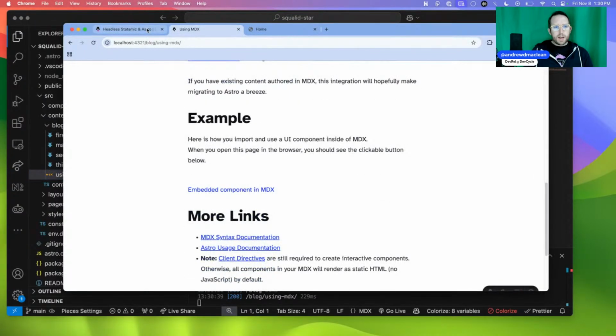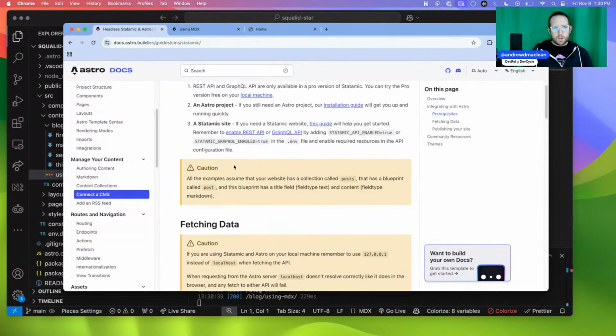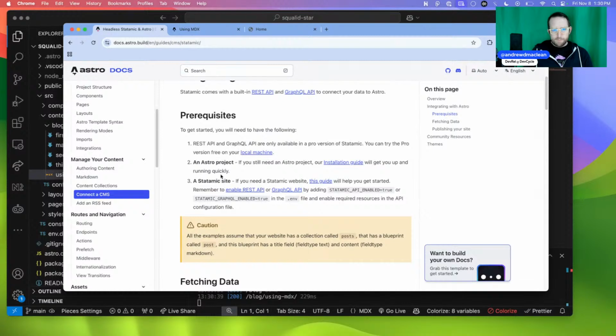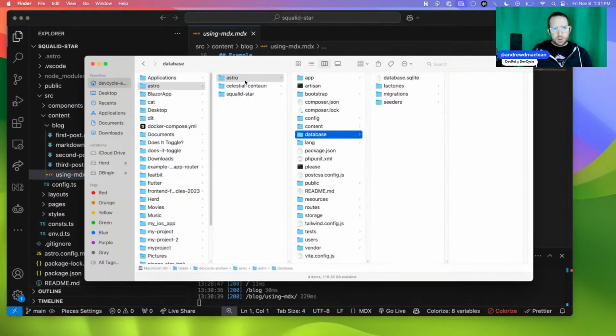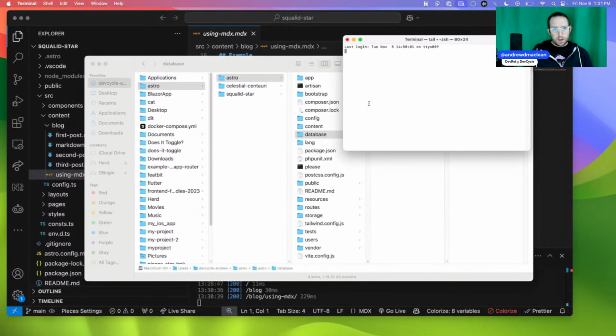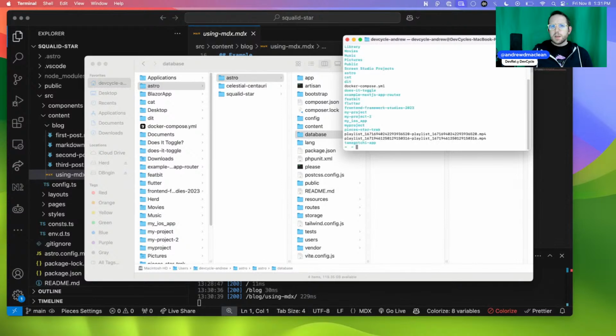So let's go back into our headless CMS. So we've got all this stuff up and running. You need a Statamic site for this, which will help you get started. Remember to enable REST API by adding it in the .env file. So we're gonna do Statamic API enabled in our, and I'm just gonna do this. Oh, I guess we don't see .env files in here. Let me just open another terminal. ls, cd astro,